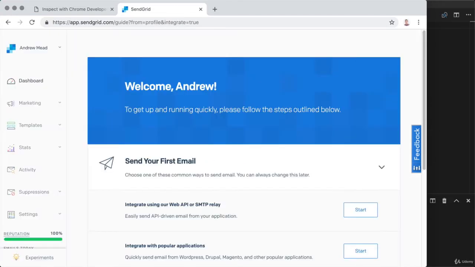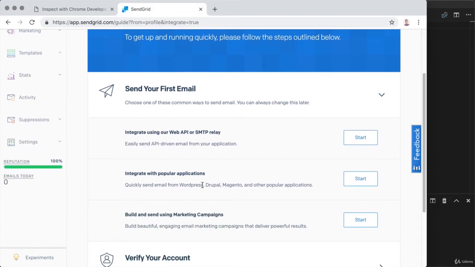Now from here, it's offering up some suggestions as to how we can get started with the service. Down below, there are a few different ways we can send our first email. We can send it using their API. We can integrate with popular applications like WordPress, or we can build and send marketing campaigns if we were creating an email list for our service maybe before it launches. In this case, to send one-off emails from Node.js, we want to use their web API, so right here, I'll